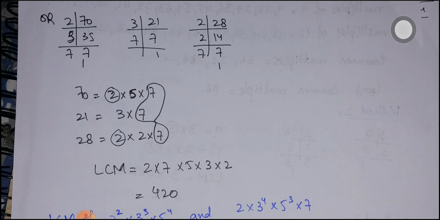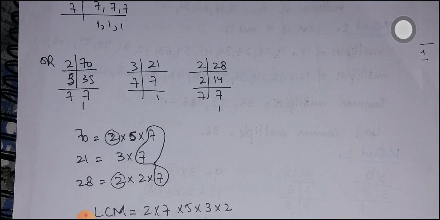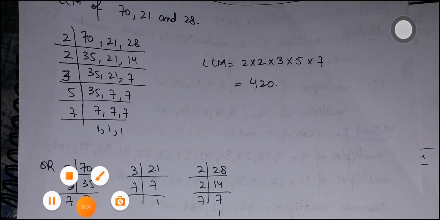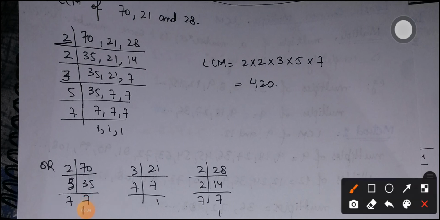Why is it necessary that we take common factors from two numbers too? Because when we are dealing with the LCM in this method, if we are dividing with 2, and 2 can divide two numbers, not all three numbers, still it appears only once. We will not write it separately for each number. So if some number is a common factor for two numbers, it only appears once.